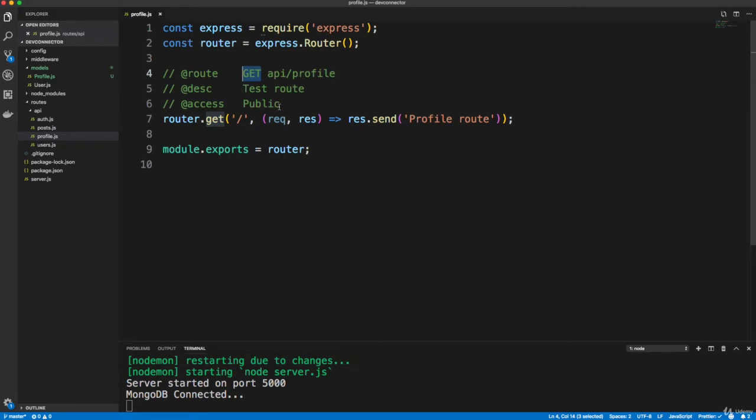So this is going to be a GET request, but the endpoint is going to be API/profile/me. Because just API profile, I want that to get all profiles. This particular endpoint, I want to just get just ours based on the user ID that's in the token. So let's change this to get current user's profile, and this is going to be private, obviously, because we're getting the profile by the user ID